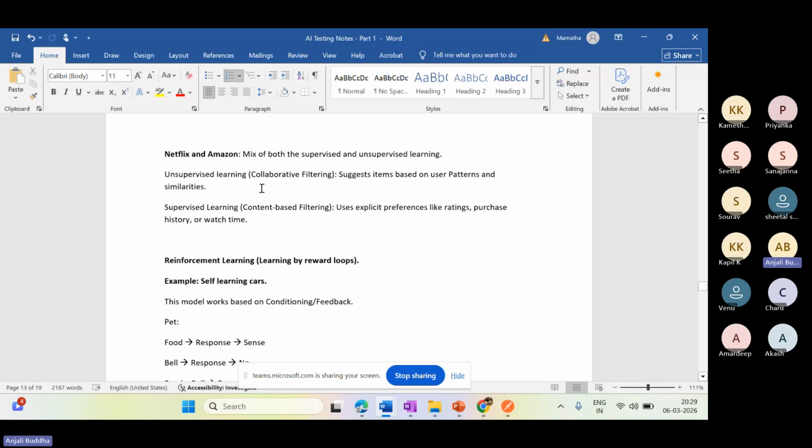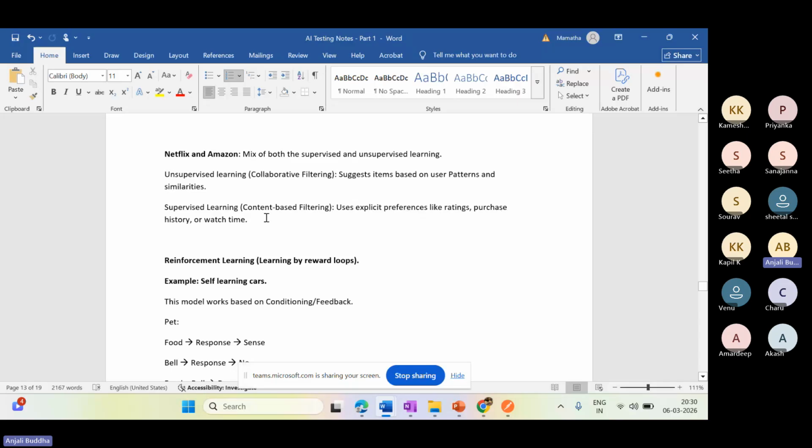If you search for one particular product, on a similar basis you will start getting more items. When we say unsupervised learning, it also uses explicit preferences, like 5-star ratings: if those are given, it will try to give me only the 5-star ratings, along with the purchase history or watch time.